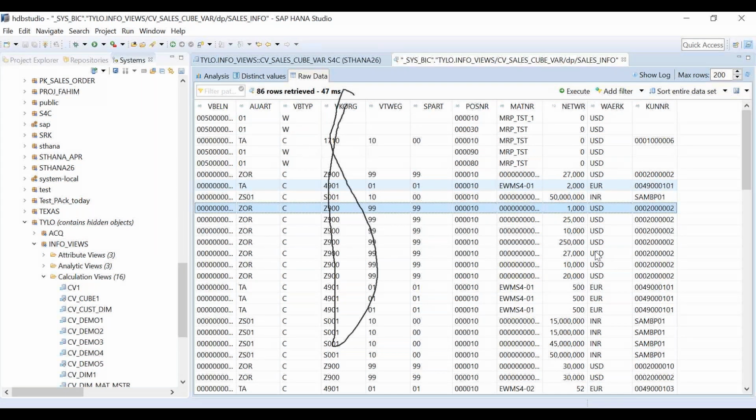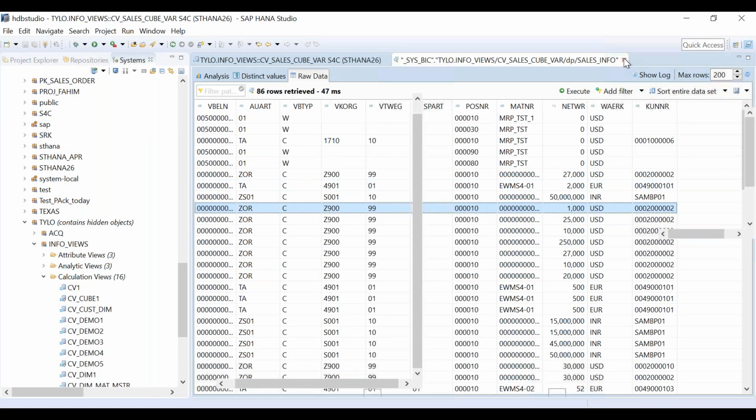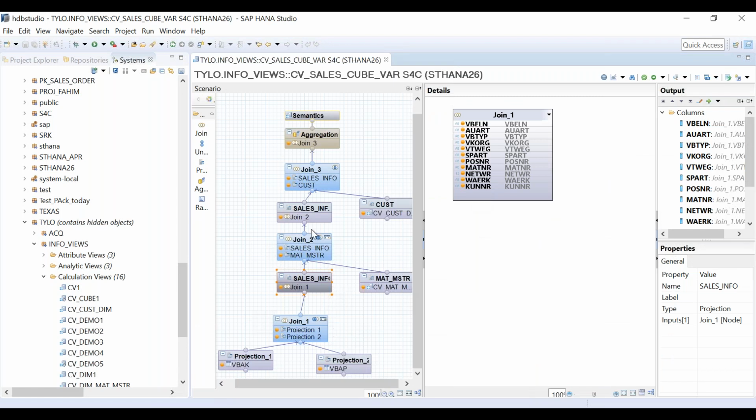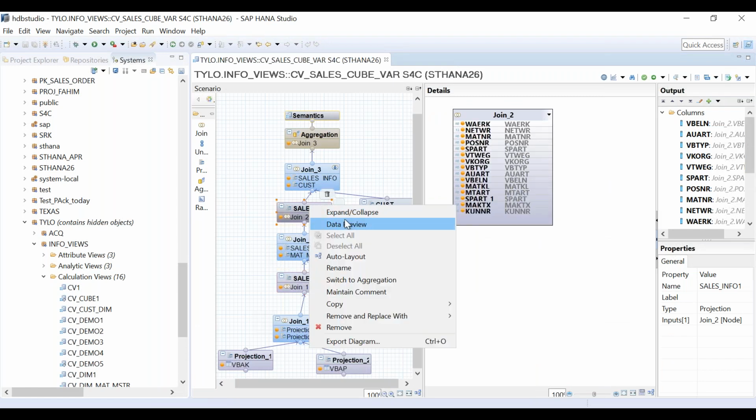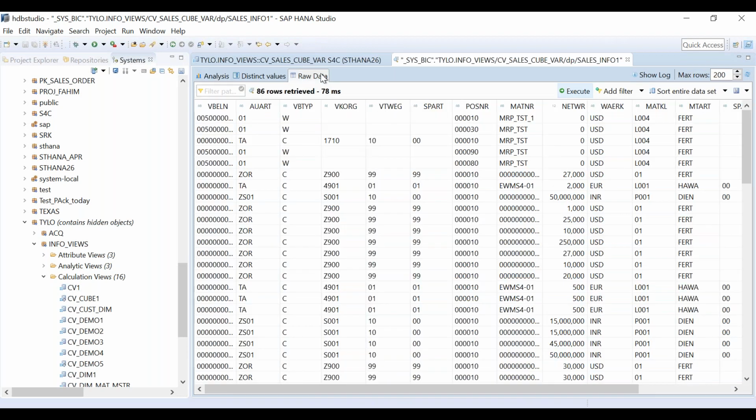You should also always notice that I'm not getting the variable prompt in any of the nodes. Here also, if I do data preview, do I get any prompt to select any sales organization? No. And do I see other sales organizations? Yes, I can see all the sales organization data.